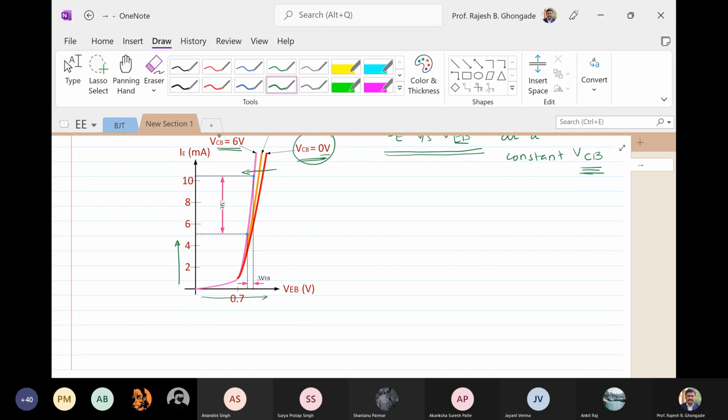But have you understood this? Why this kinds of set of curves do we get? yes sir।